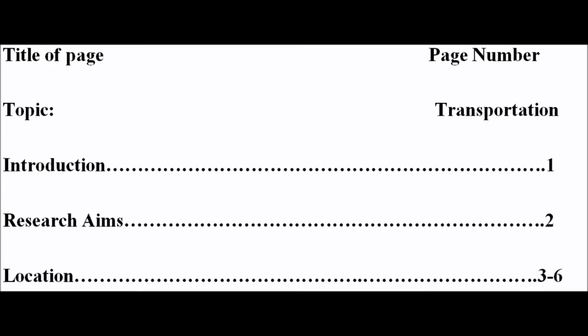For example, if you have introduction on page 6 and the reader turns to it, and the reader in this case would be the examiner, the teacher, the person actually scoring, marking, applying grades to your SBA. If they turn to page 6 and they see aims, that means the table of contents is there, yes, but it is of no use to the reader because the page numbers are wrong.